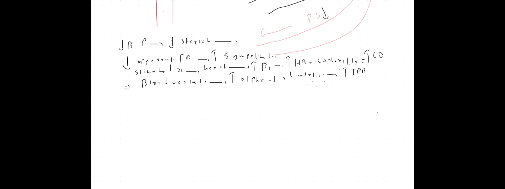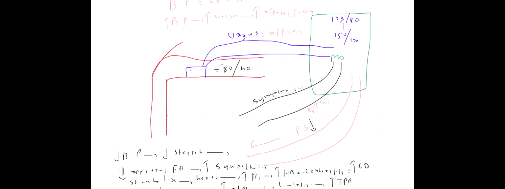After baroreceptor, I will discuss the Cushing reflex, which is a component of the baroreceptor. Did you guys understand this baroreceptor mechanism of action, how they are actually working? Everything clear? Okay. Now we're going to discuss the Cushing reflex, which is a component of baroreceptor. That's the reason we are discussing Cushing reflex here.